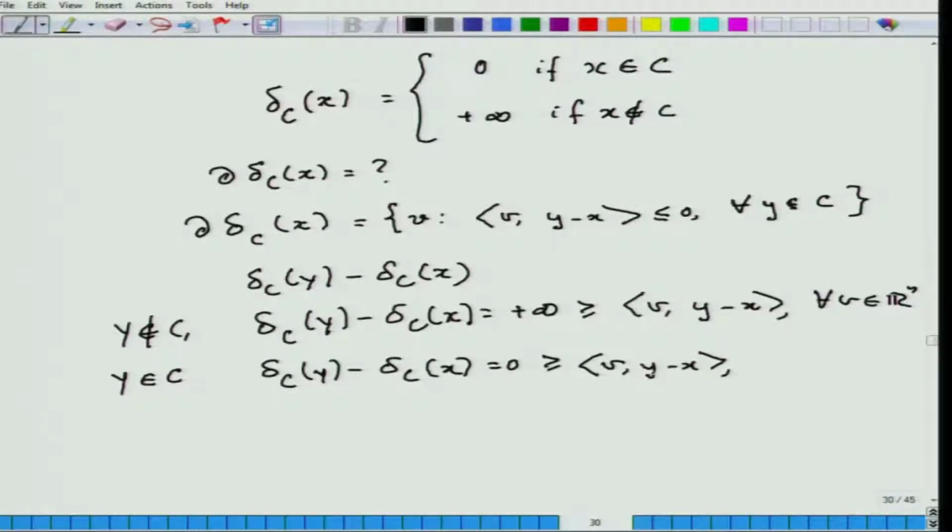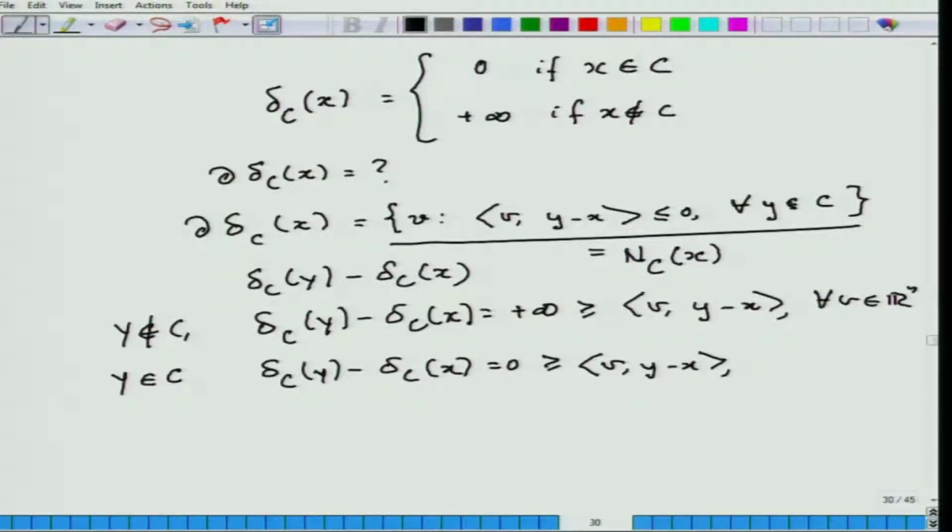Now, we have covered all the y in Rn. So, the common v which satisfies both is the v which satisfies this, and exactly that is what we have written down there. Now, this particular type of set has a particular name, and if you observe it very carefully, this is a convex cone, and it is called the normal cone to the convex set C at x. We will come to the normal cone business very soon, but before that,